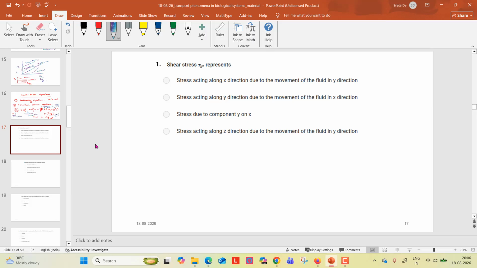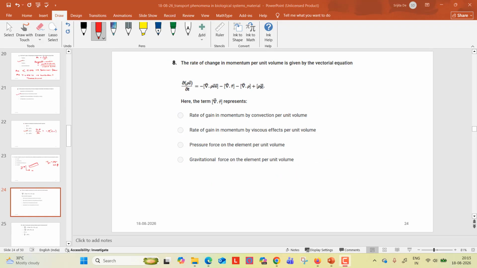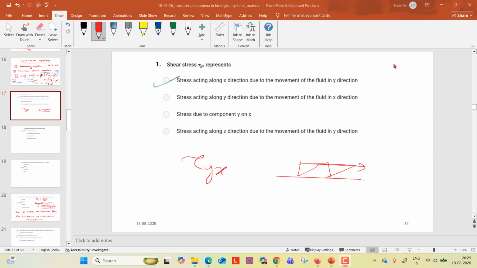So the right answer is stress is acting along the x direction, right? We have said this. So tau yx, we have seen with the example of cube, right? Stress is acting on the x direction. So the first one is the first option. In the second case, the second equation,